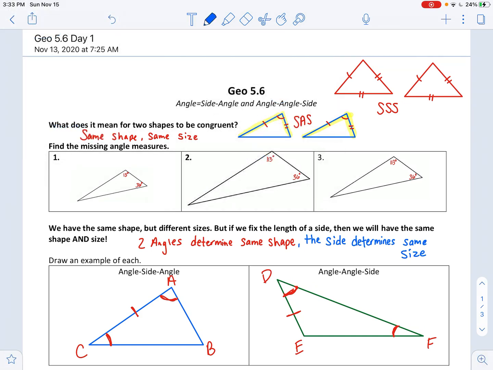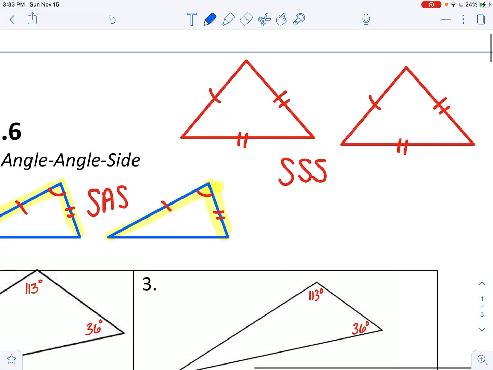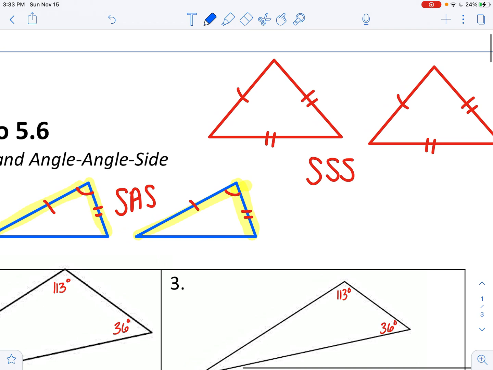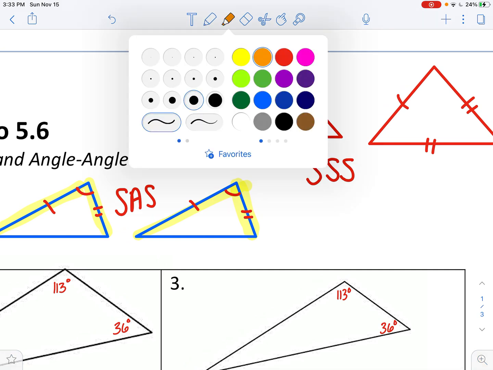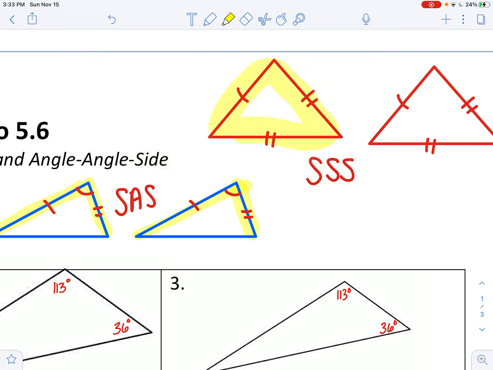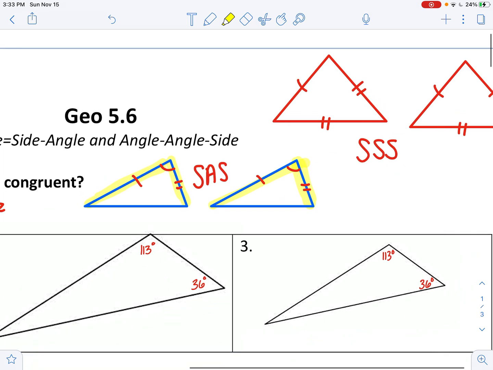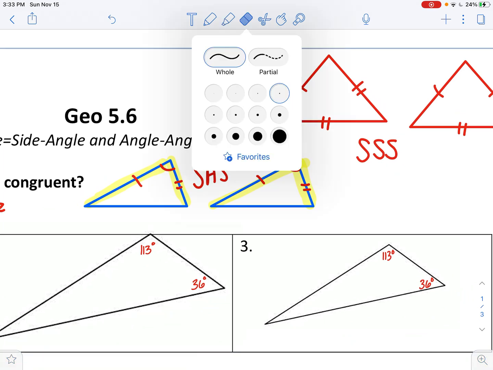All right, let's talk about angle, side, angle, and angle, angle, side. So we've talked about side, side, side. That's probably the simplest one to identify, where all three sides are marked as congruent. Side, side, side is probably the easiest one to identify. Side, angle, side is a little bit trickier,